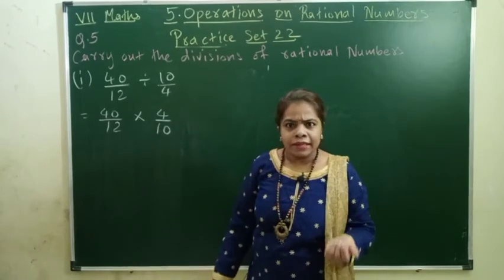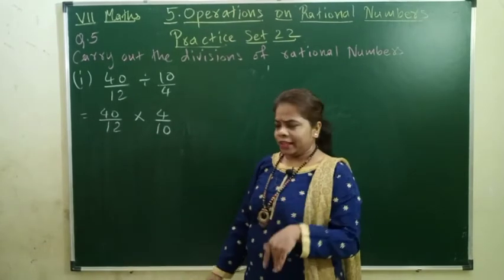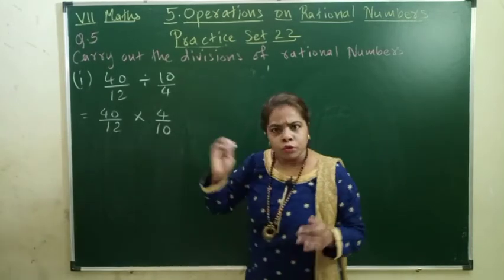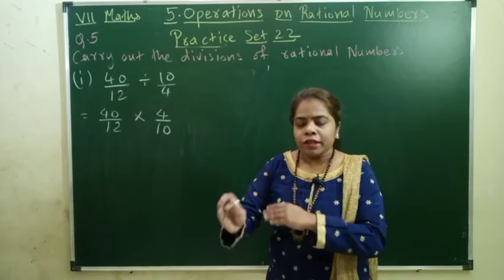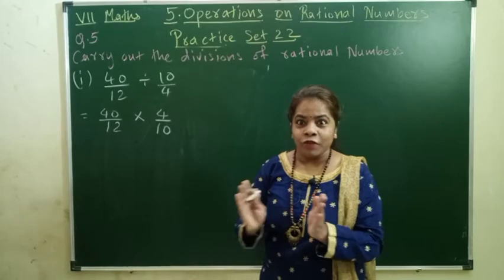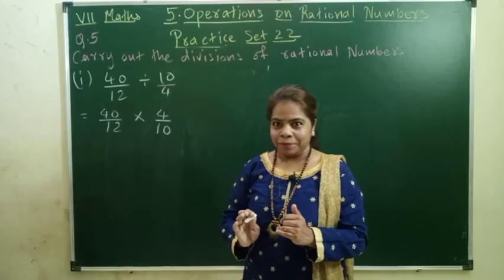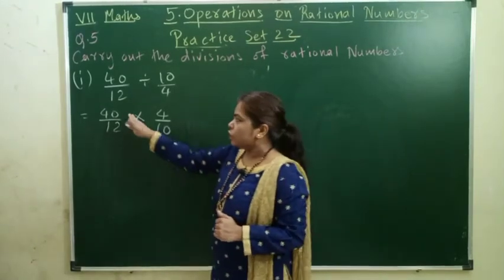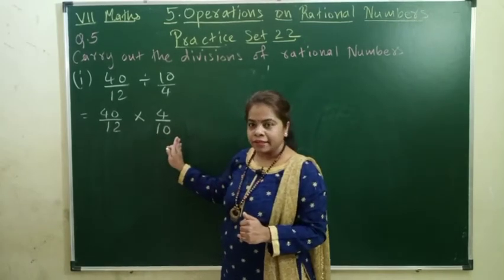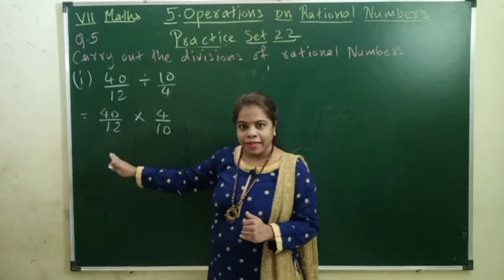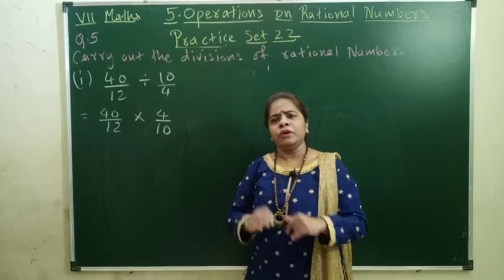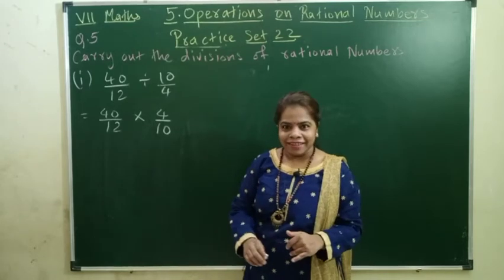So we can cancel it this way also, children. We'll do it this way. 4 and 10 also, here also. These two are also coming in the table of 2. You can cancel in many ways, children. It is your choice. But just check that your final answer is the same. I can even cancel crossways, children, directly like this. This 0 and this 0 I will cancel, and 4 and 12 I will cancel. That is also the correct method. Let's do it that way, children, because that is easier.